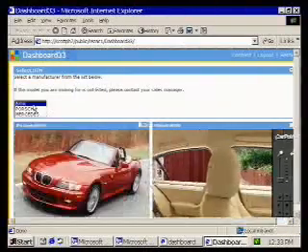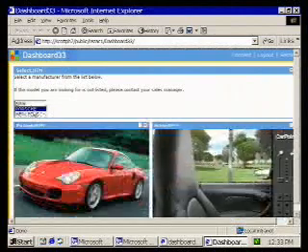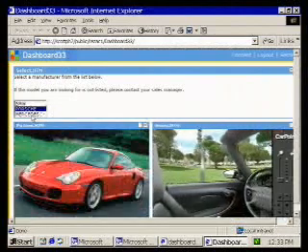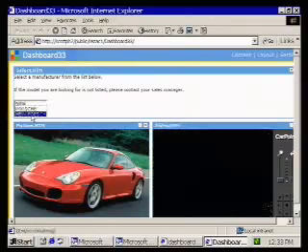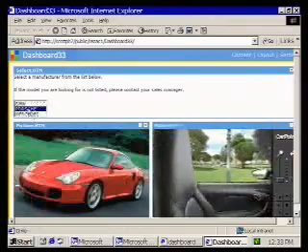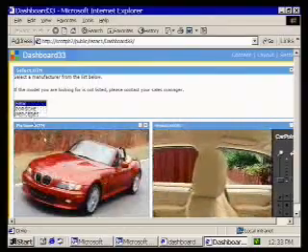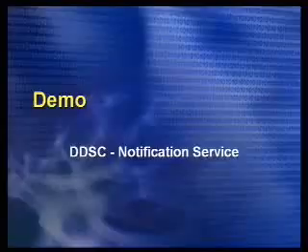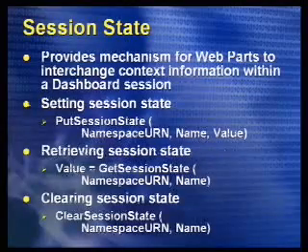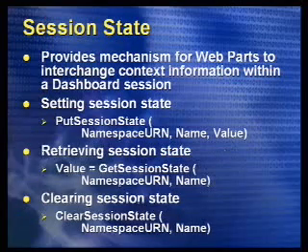So as you can see, we're able to move things around really quickly using the digital dashboard. Let me go back to the presentation. So the next demo that I'm going to do uses a